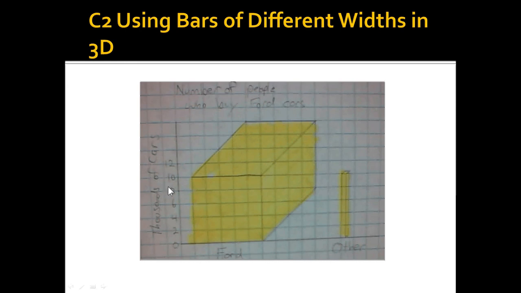This is the same thing, but even worse, because now we're doing it in 3 dimensions. In reality, this one and this one are the same. They're both on this line right here, on the same line. But because we drew a 3-dimensional bar, and not only did we make it fatter, we made it extra long, this makes it seem like this is enormously bigger than this one, even though they're identical. You should never make bars that are fatter or longer or deeper than the other ones. They should all be the same size, except for their height.